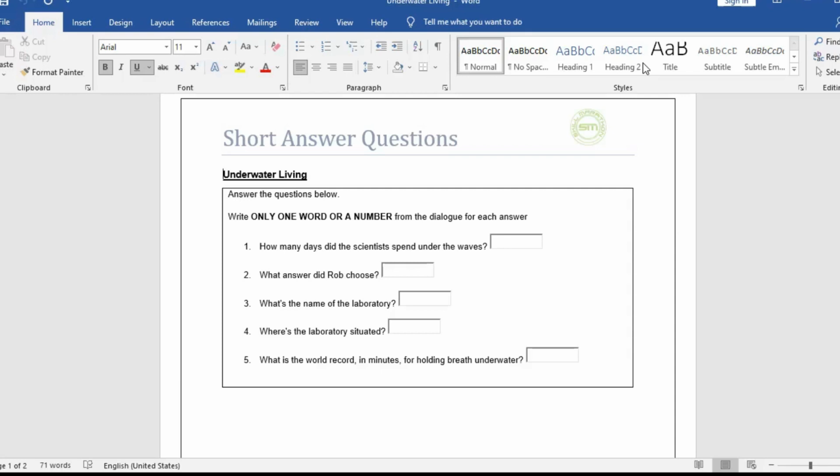No, but they did live underwater in a laboratory. Now, that's a room or building with scientific equipment in it for doing tests. Right. Well, one of the men was Fabien Cousteau, who's an oceanographer, someone who studies the oceans. He's the grandson of Jacques Cousteau, a French man who held the previous record of 30 days underwater. Fabien said he wanted to break his grandfather's record to raise awareness of ocean conservation. Now, that's protecting and looking after the ocean. Well, he's raised our awareness, at least.